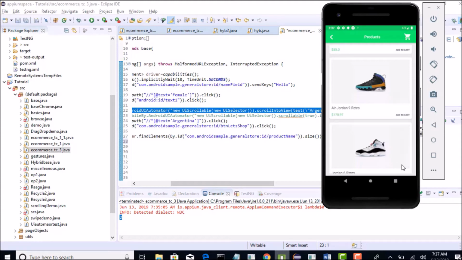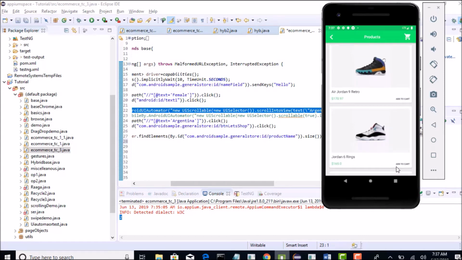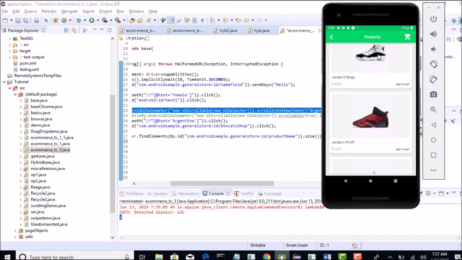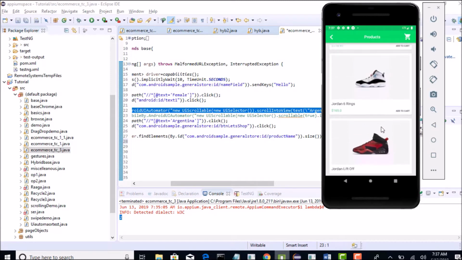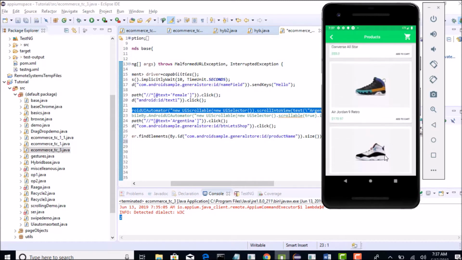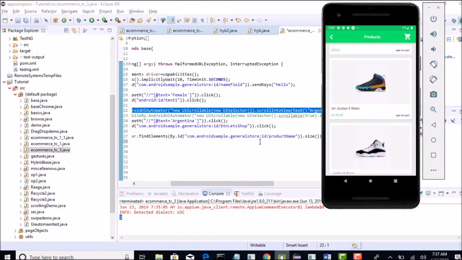So what is the point in scrolling till here? It's still not at add to cart, or it might happen something like this sometimes. Even you may not see that. So that's the problem with this.